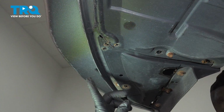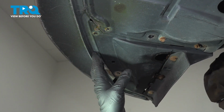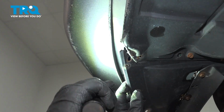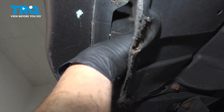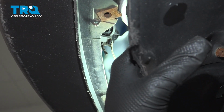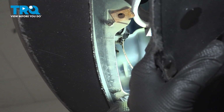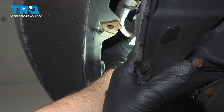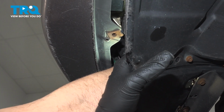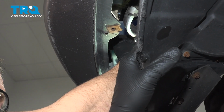On the passenger side, we need to go ahead and disconnect our fog light by accessing underneath here. Now we already removed the hardware to pull down our splash shield. And the wires go up, and we can't gain access from the fender well area because the windshield washer reservoir is in the way. So when you pull this down, you can follow the wires up. You're just going to reach up there, just like the other side, pull out on that little connector tab and then pull down. And the fog light connector will pop right off,